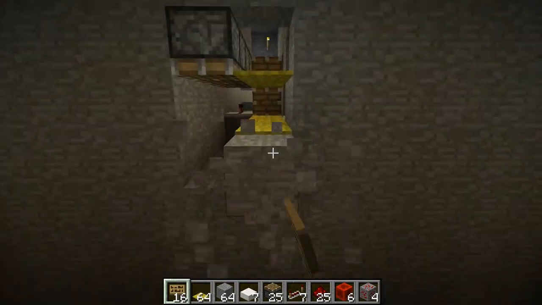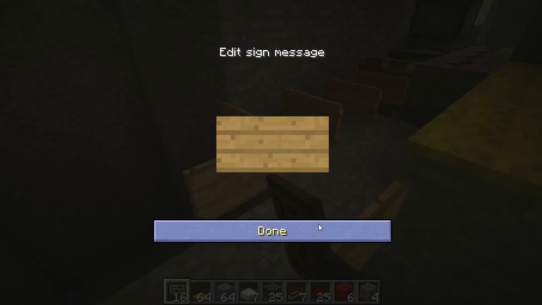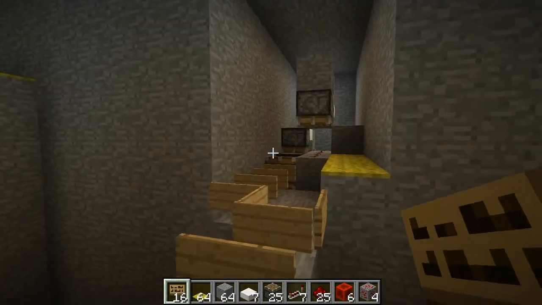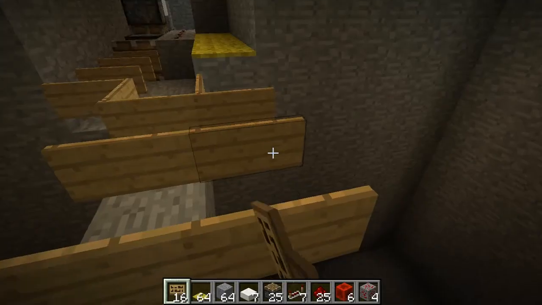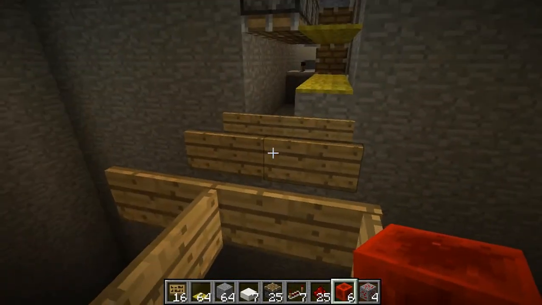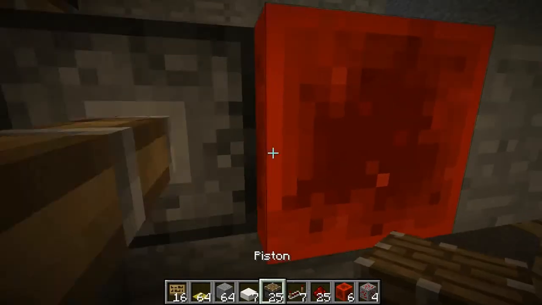4 signs, then this scaffolding is not at the correct height, we want it here. 2 signs to the side of that, and then just basically signs, signs, signs up to here, and same on this one. Just sign on sign, sign on sign on sign up to here, and we don't need the scaffolding anymore. Above the signs you wanna place piston, piston, piston, piston, block, redstone block, then a temporary piston to the side